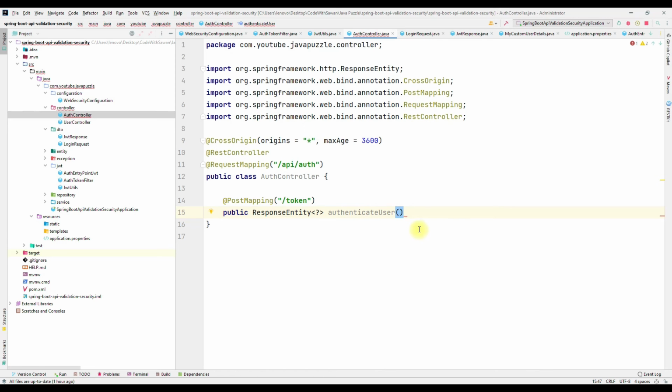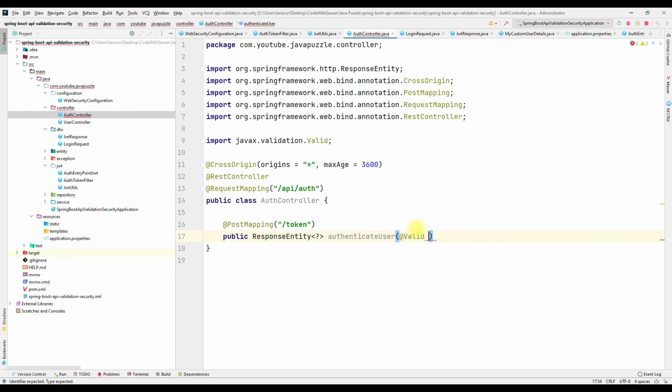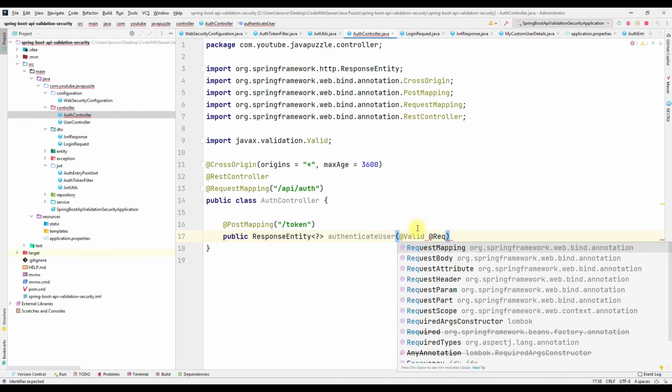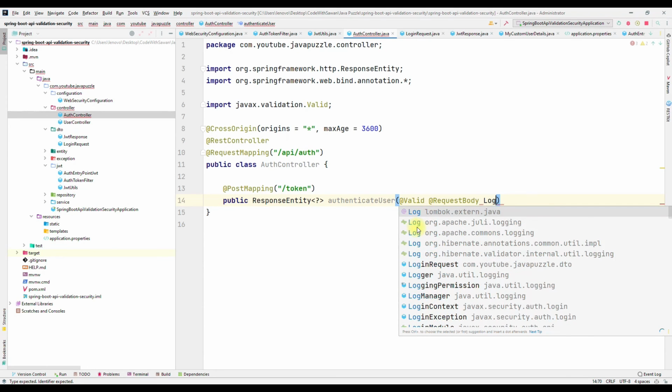So here firstly I'll just use @Valid, right? Then @RequestBody. If you have not implemented the validation, you don't need to use this @Valid annotation. You can use only the @RequestBody. Okay, because in this tutorial we already implemented the validation, that's why I'm using the @Valid annotation. Okay, so LoginRequest,